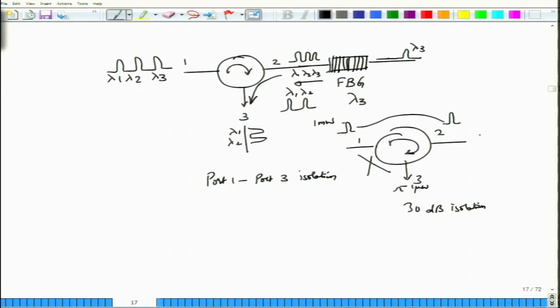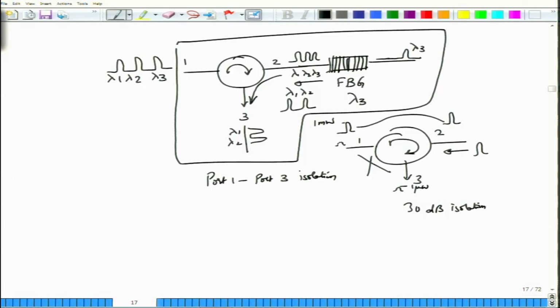Of course, it is the same notion that when you send in signal at lambda 2, no signal will go to lambda 1. Of course, in practice there will be some residual signal from port 2 appearing in port 1, and that would again depend on the port 2 to port 1 isolation. So this device that we talked about, which is a combination of a fiber Bragg grating and a circulator, is called an optical add-drop multiplexer. The reason why we call this an optical add-drop multiplexer is because, of course at this point it's just rejecting or rerouting, but it can be converted into an add-drop multiplexer as well.